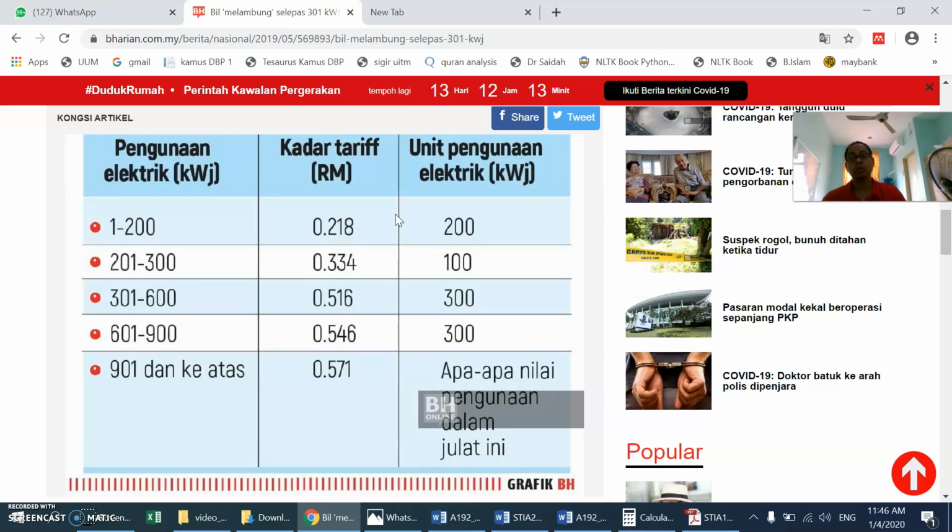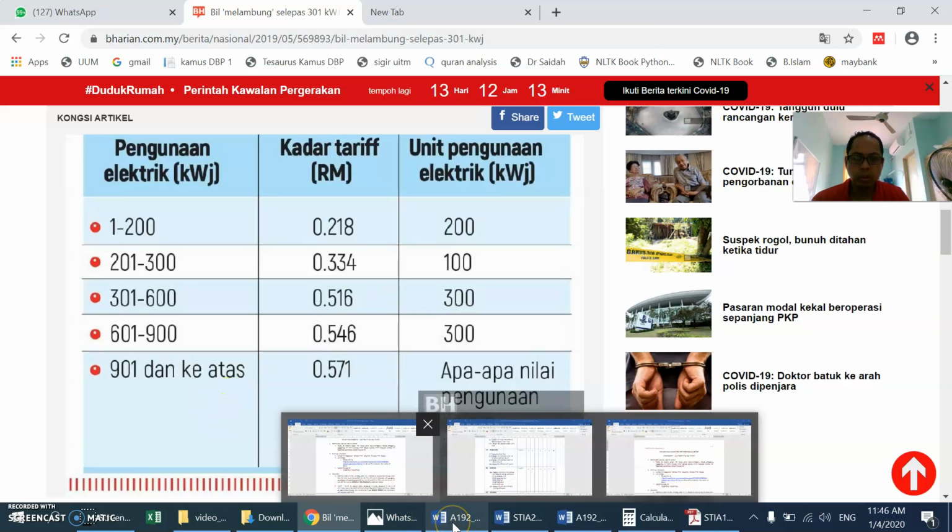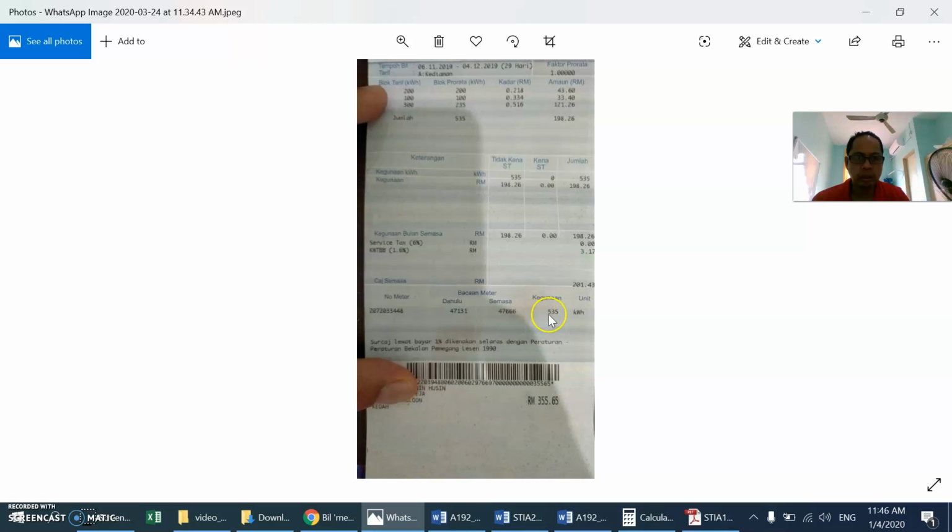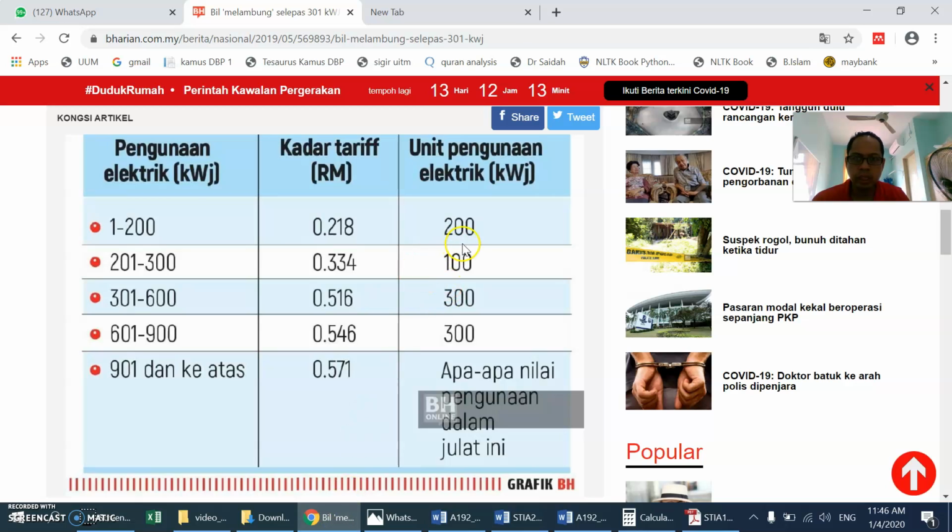These are the rates for calculating charge semasa or current charge. Now how many layers are here? 1, 2, 3, 4, 5 layers, depending on the jumlah kegunaan that you have. Now I have 535, so we go one by one. The first layer represents 200 units, and then the second layer is 100, it means that 200 plus 100 will be